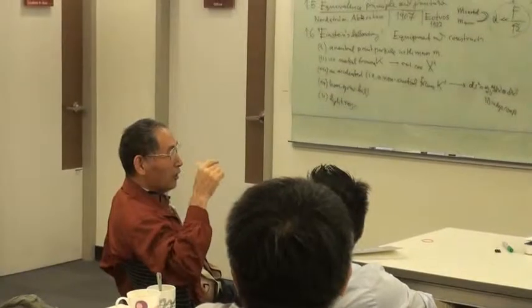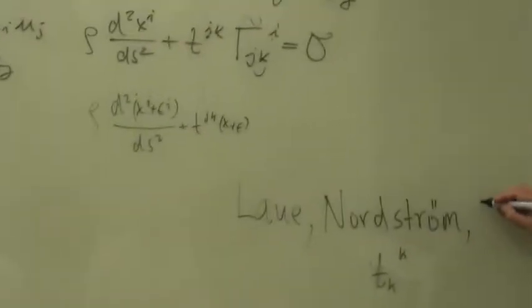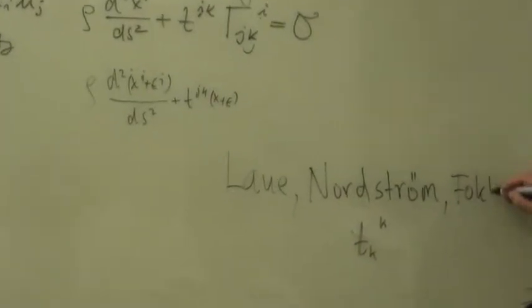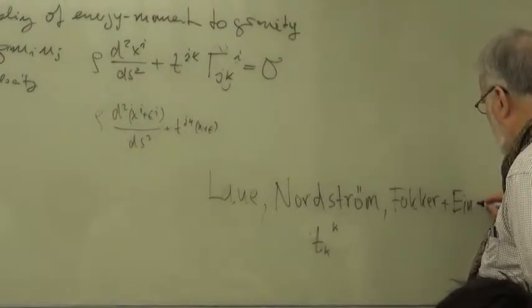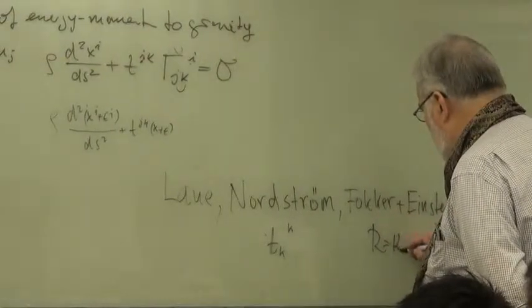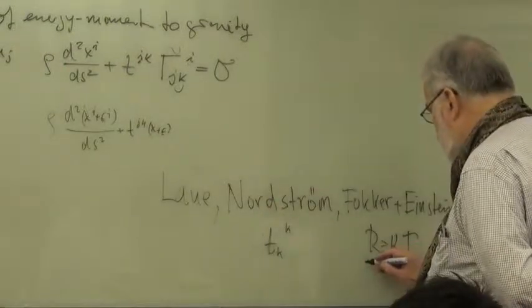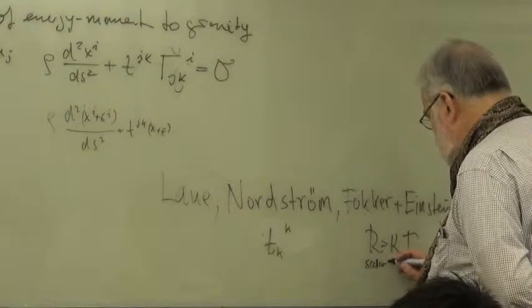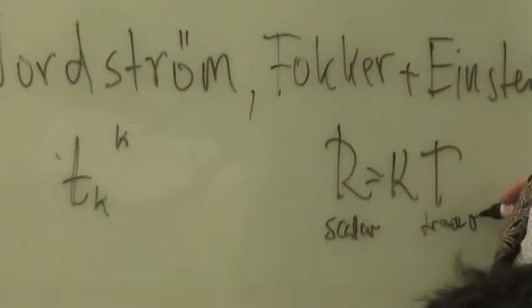So the equation looks invariant, and shortly after Nordstrom, Einstein and Fokker, I do not remember, but anyway, two of them made the Nordstrom equation R equal to T, R proportional to T. So that is fully invariant. This is a scalar, the curvature scalar, proportional to T. But although it's fully invariant, it doesn't give light deflection. Of course, there was no test of light deflection at that time. So